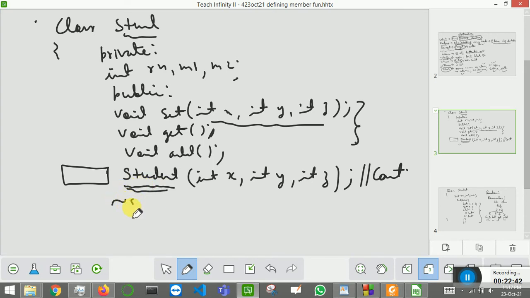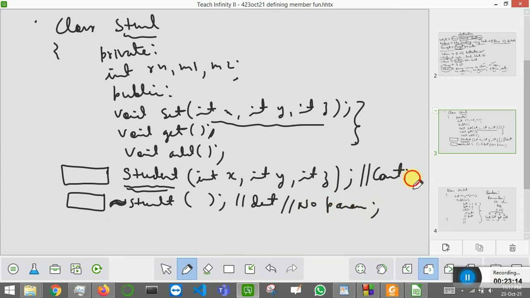Next is the destructor. The destructor will be written like this. Always remember, it will have a not sign before it. It is the opposite of the constructor, so it will have a not sign. It will also not have any return type. There will be no void, no int, no char, nothing. Simply the class name, and this will be your constructor, this will be your destructor. And destructors can't have any parameters. Always remember that, no parameters. For a constructor it is optional: you can write parameters or not, but for a destructor you cannot have any parameter.